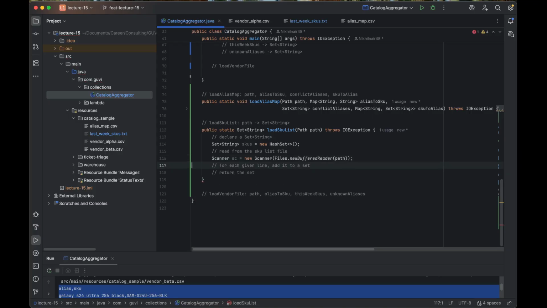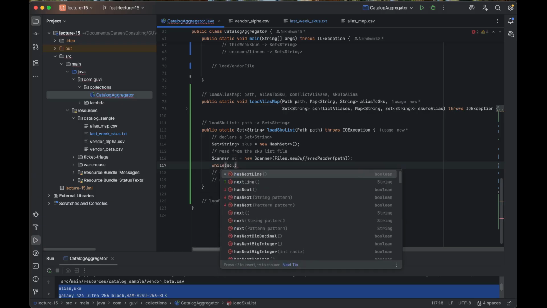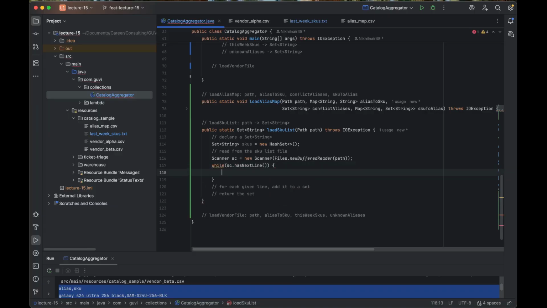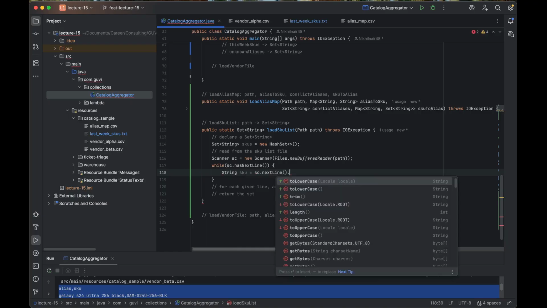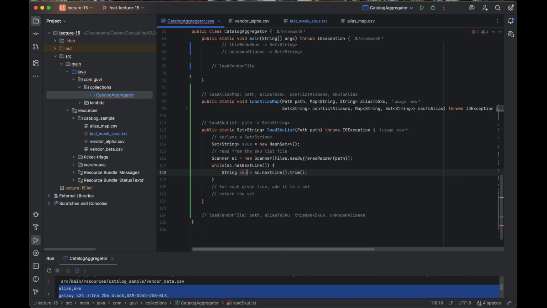So now we're going to again need to read an unknown amount of lines, which will be SKUs. So we will have a while scanner dot has next line. As long as there is a next line, we want to read the SKU. So we'll read the SKU from the next line, and as usual we'll keep trimming it so that we don't have any unintended spaces and stuff. Then